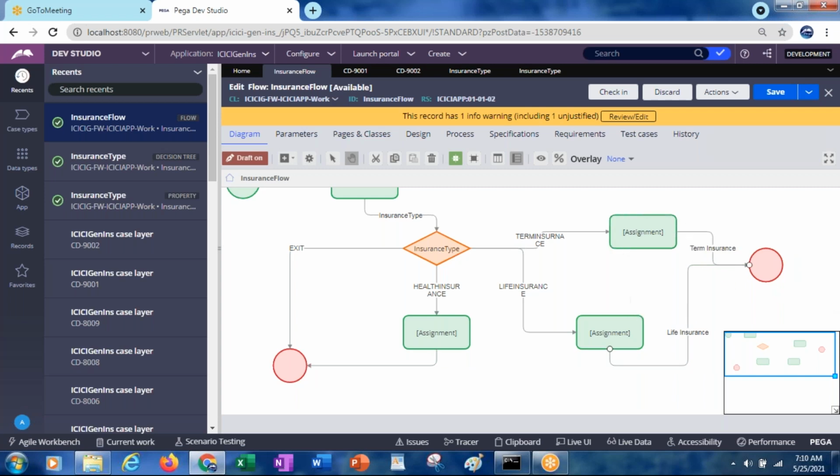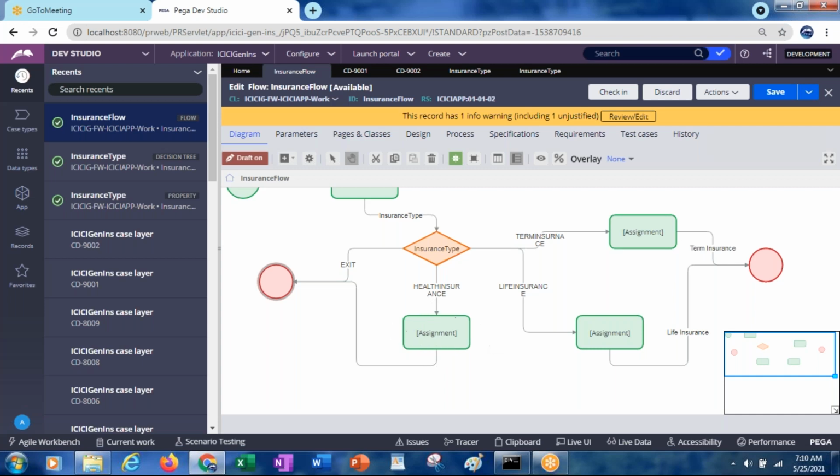So these two assignment shapes are ending here, and these two, one assignment and one decision rule execute, are ending here. Likewise you can have n number of end shapes in the flow, but only one start shape. So just for easy understanding, in case you want, you can design it like this.